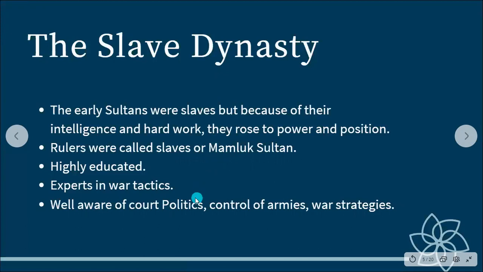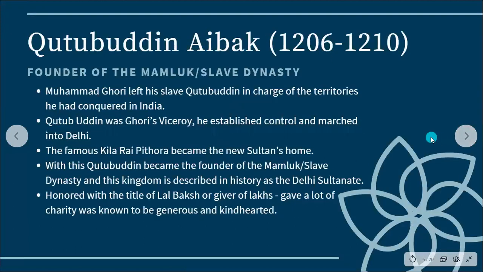They were highly educated, experts in war tactics, and very good with court politics, controlling the armies, war strategies, and stuff, right? So overall, they were very good packages of rulers. So the first one is Kutubuddin Aibak, right? If you recall, Kutubuddin Aibak was the one whom Muhammad Ghori left his slave in charge of the territories that he had conquered